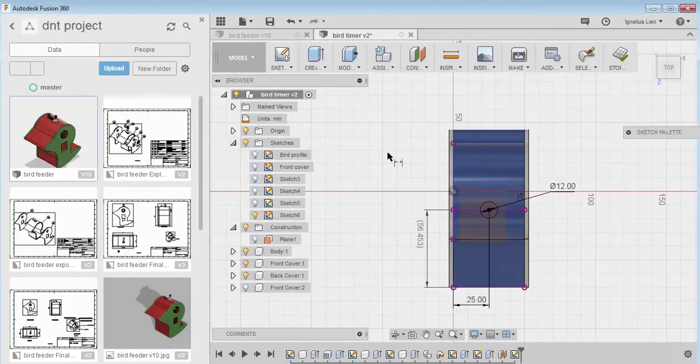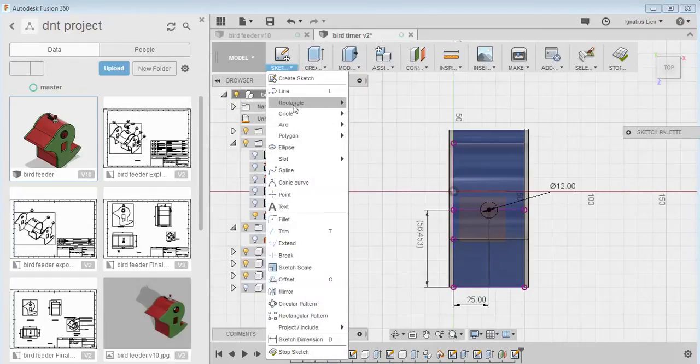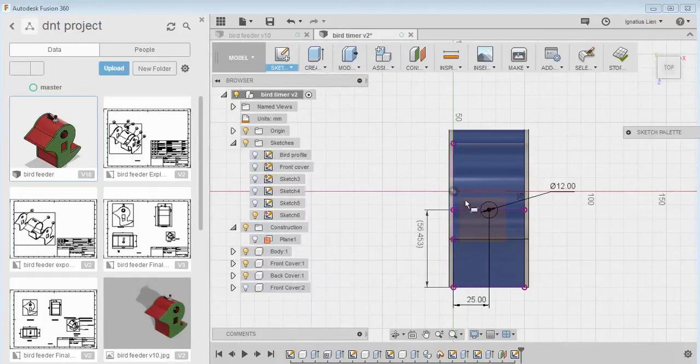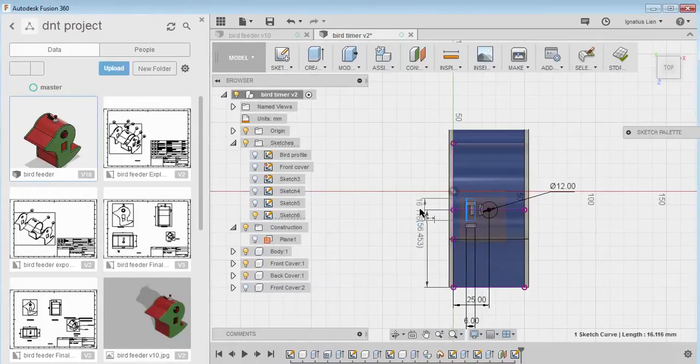Okay, I'm going to do another one, square hole perhaps. For the square hole, two dimensions, the left maybe 6 and the right maybe 16.